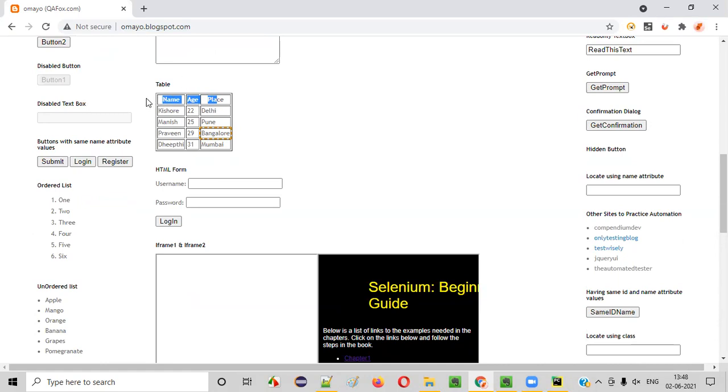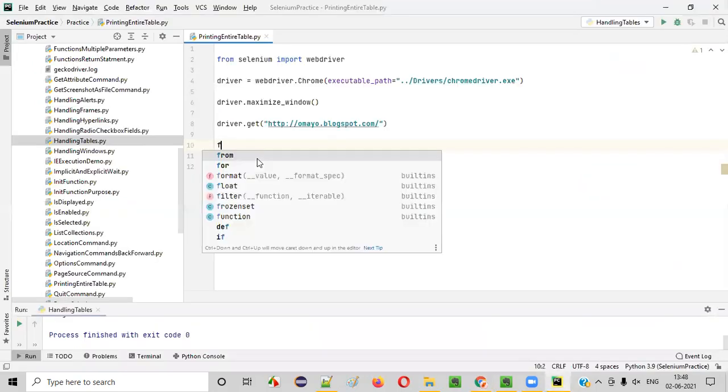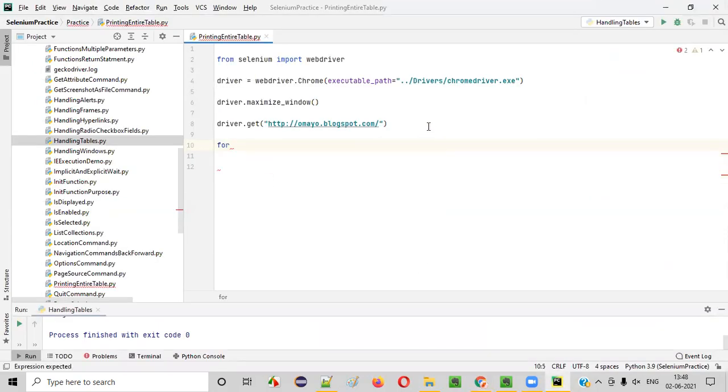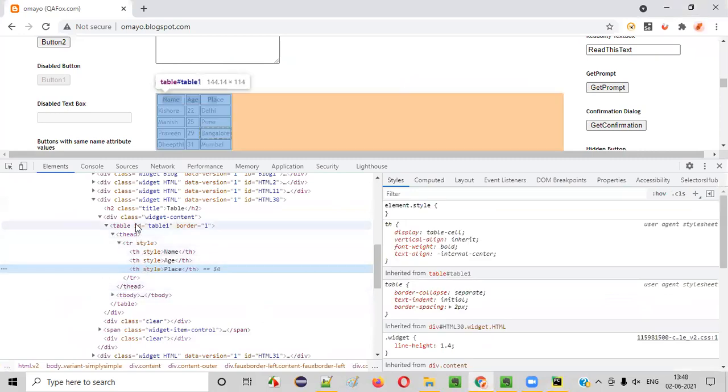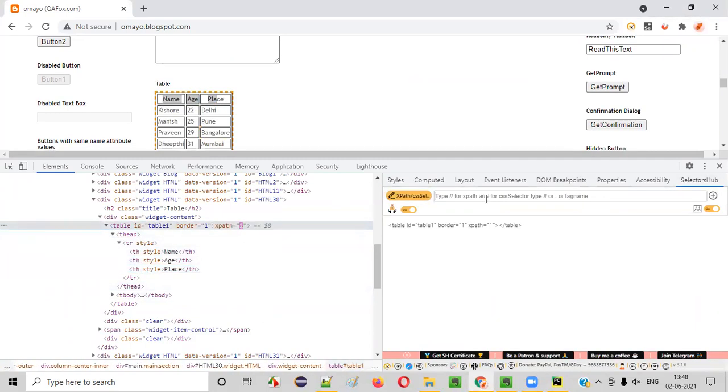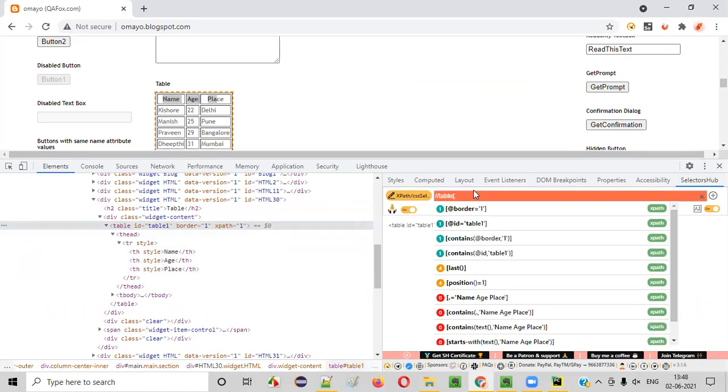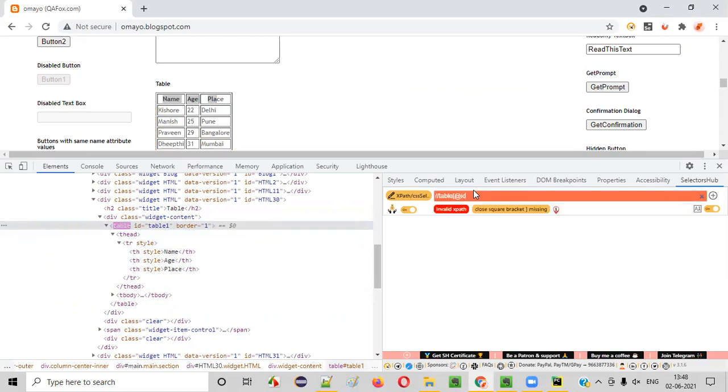So first I'll write the logic for the rows. Rows is equal to, we can get the count of the rows also, right? How to get the count of the number of rows in this particular table? The same XPath we created last time. So here I'll inspect this table. Double slash table at the rate ID is equal to table 1.